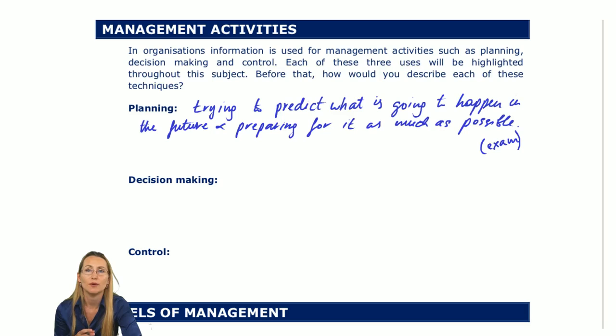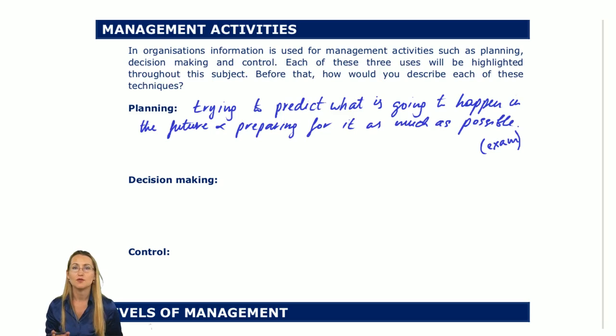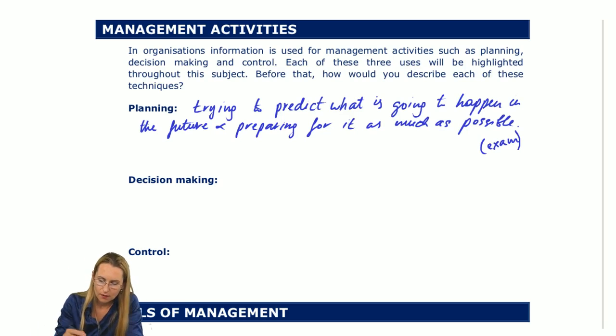Maybe you want to slow down, maybe you want to speed up a little bit and adjust your actuals, so what you're actually doing, and control. Well, you're simply comparing. This is the comparing stage. You're comparing how well you've done according to your plan. So decision making. Let's discuss control first. So comparing